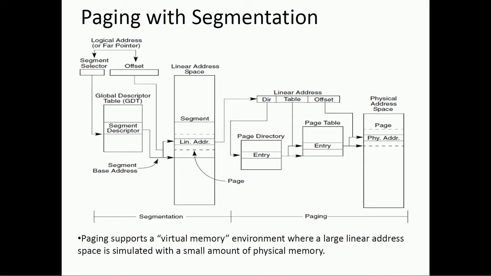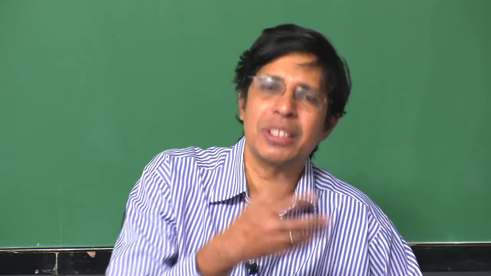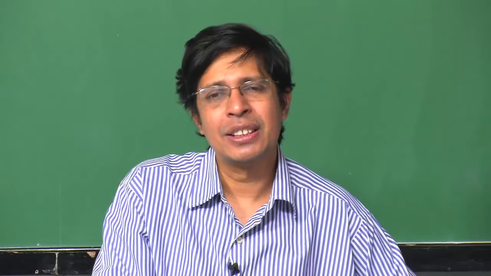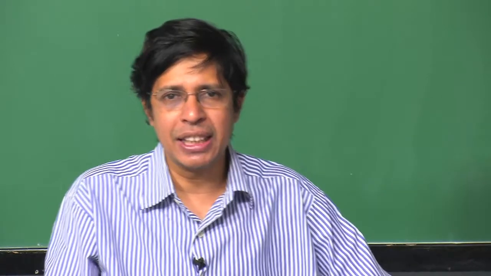Now you get a 32-bit address, and you split it as 10, 10, 12. Physical memory is divided into page frames of size 4096 bytes, which needs 12 bits for addressing, and your entire logical address space is split into pages of size again 4096 bytes, each requiring 12 bits of addressing. So you split the entire 32-bit address into 10, 10 and 12.